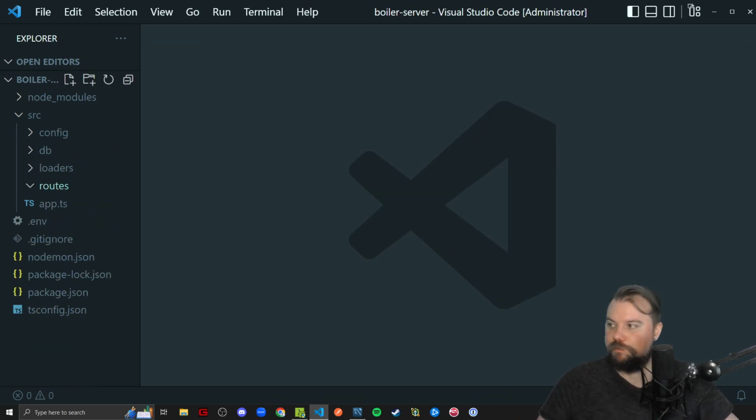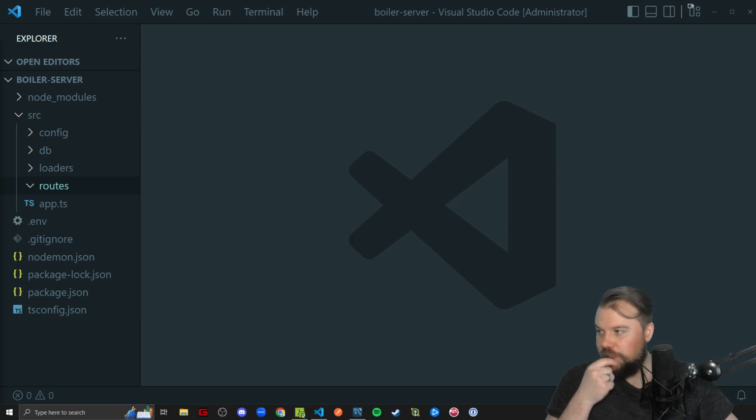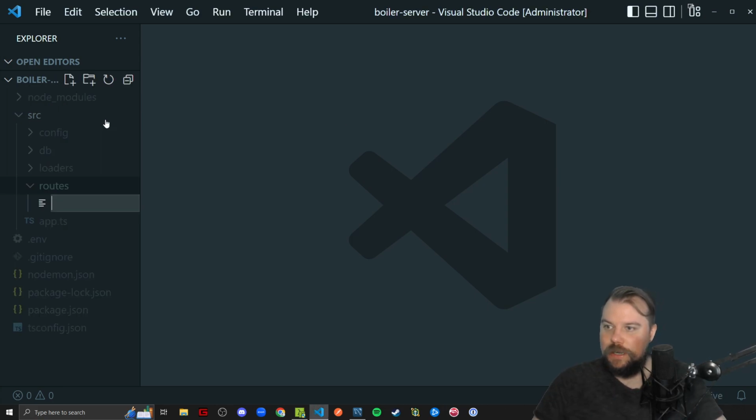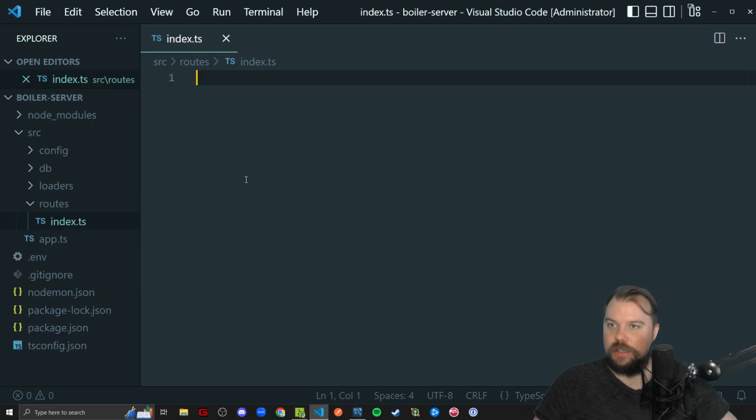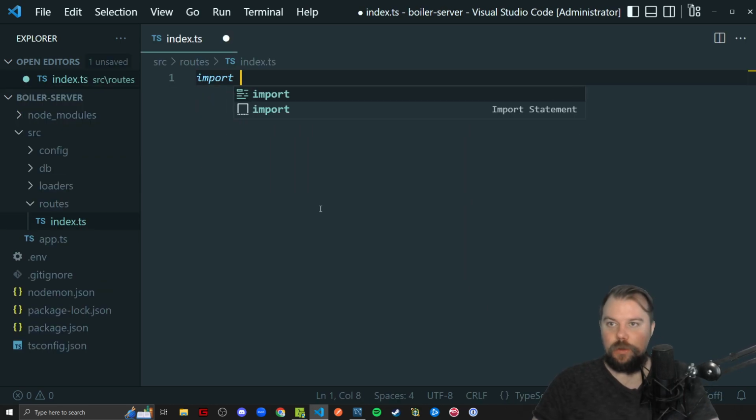Okay, now for our routes, we need to build out some logic here. We need to have some logic on how to configure our application with all these routes and things like that, right? So I'm going to be building out, surprise, surprise, an index file in yonder, index.ts, where I need to make a router